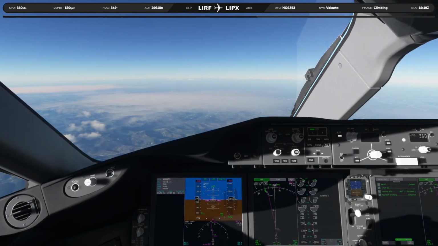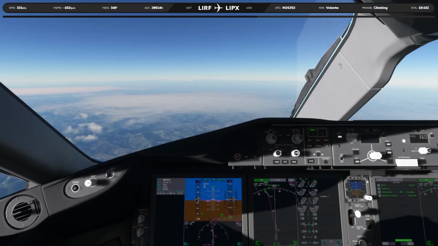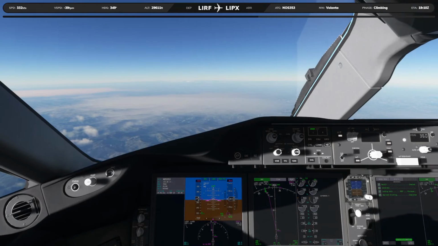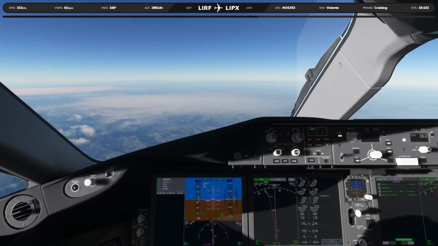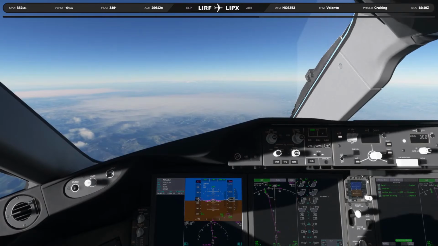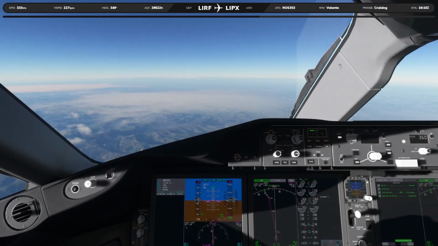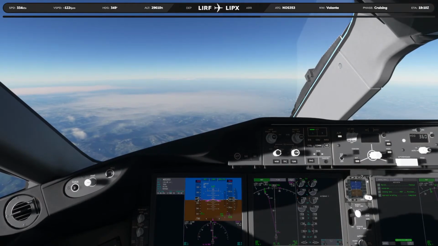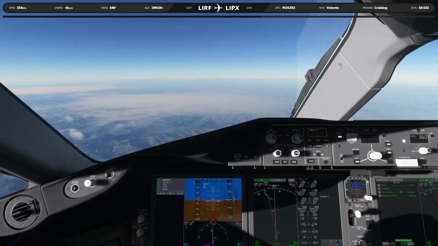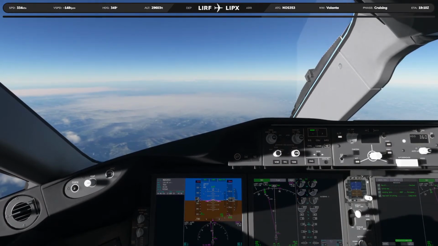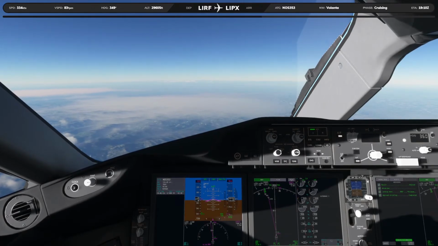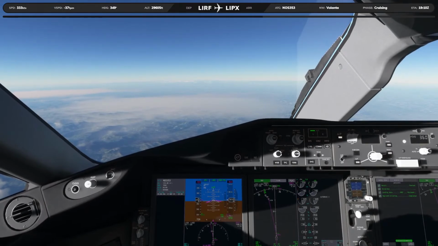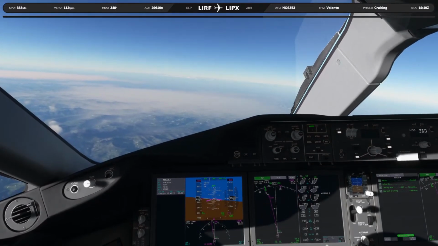I am not a real-world pilot. I do spend some time, when time permits, to read about the aircraft, to watch videos of the aircraft being flown by real-world pilots in order to assess, for example, stall behavior. How does the aircraft stall? How does it side slip? What is the behavior? For example, we know the Diamond aircraft is a very difficult aircraft to stall because of the wingspan and the shape of the aircraft. So does the simulation experience capture those things? And those are things that are important.